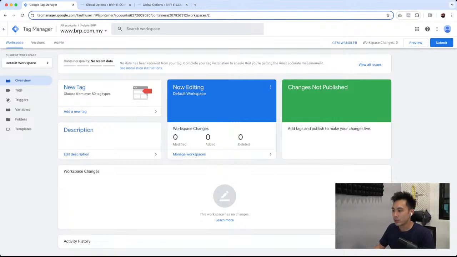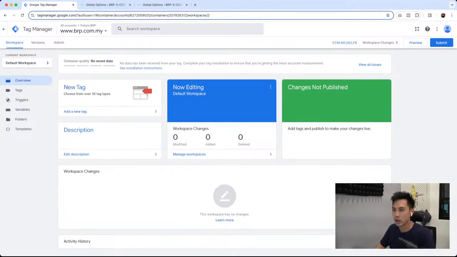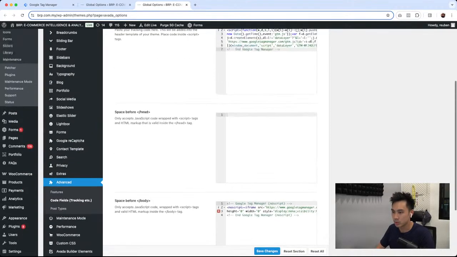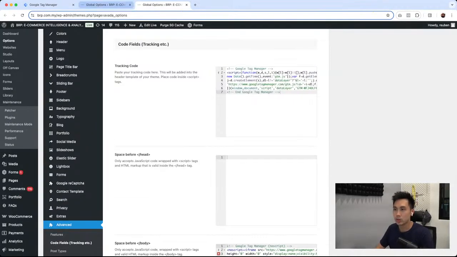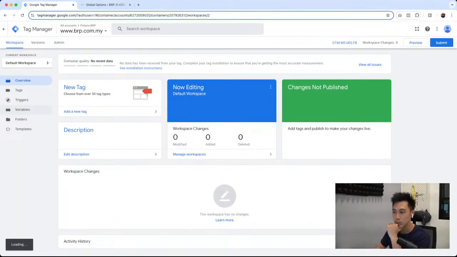Alright, so here I am in Google Tag Manager, right? And normally the first thing that you want to do in an account like this is to set up a few variables so that the platform actually records data and triggers on the site. The site has already been installed on, it's a WordPress site. We have Google Tag Manager here at the bottom. That's good, right? Alright, so the first thing we're going to do is go into variables,